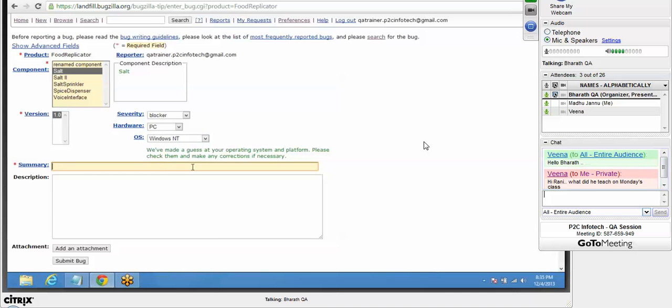The summary should give us a quick description of the defect. This is a food replicator project, so let me write a small single line of summary for this particular defect. There is something called voice interface, so I will say,